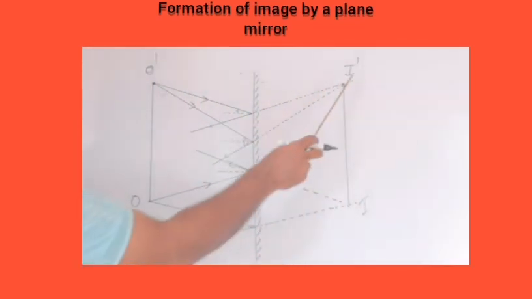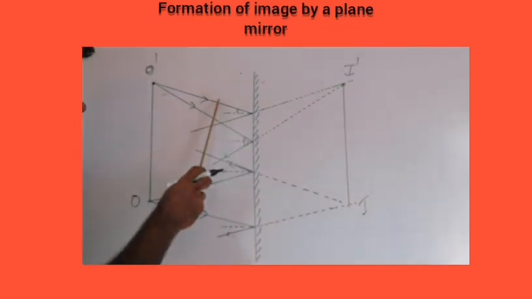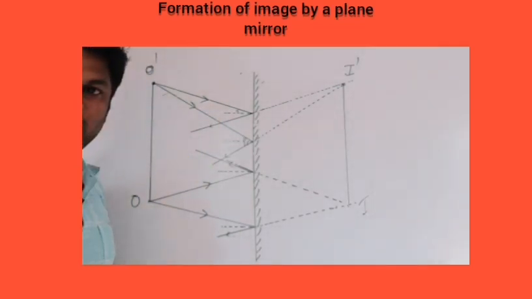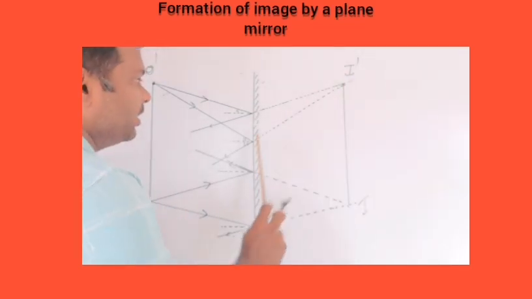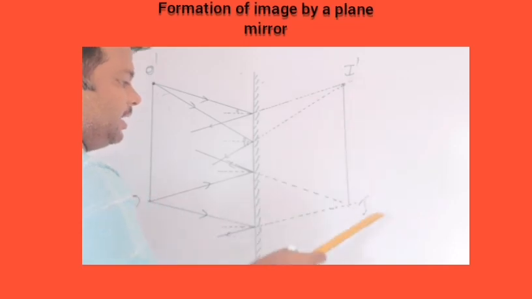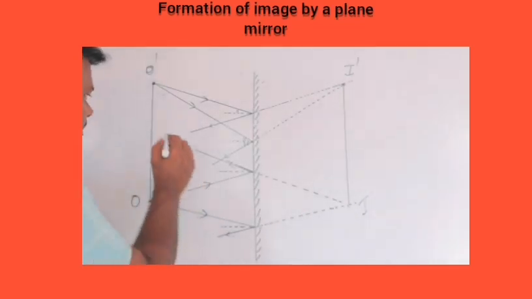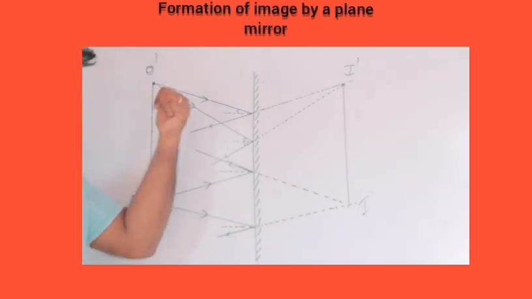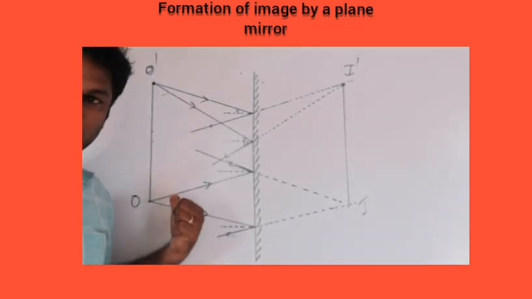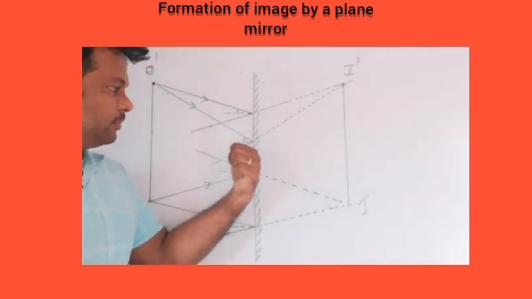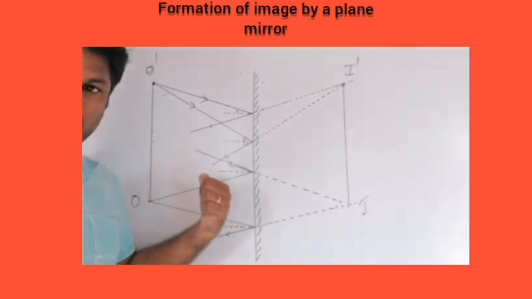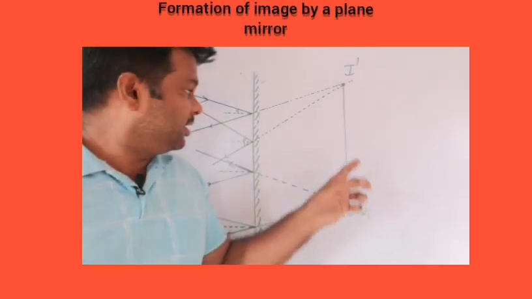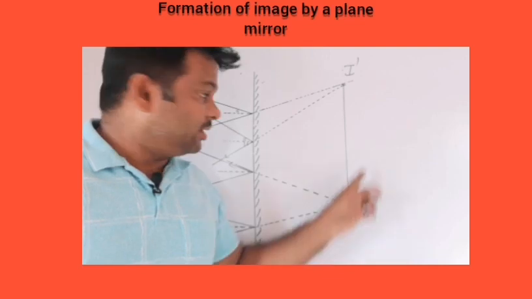So after getting these top and bottom points, due to these incident rays 1, 2, 3, 4, you got the image inside the mirror as I prime and I, and the midpoints 1, 2, 3, here you will have a lot of middle points, and the two rays from each point are reflected from the mirror, and then those reflected rays after extending will form their respective point on this image here.